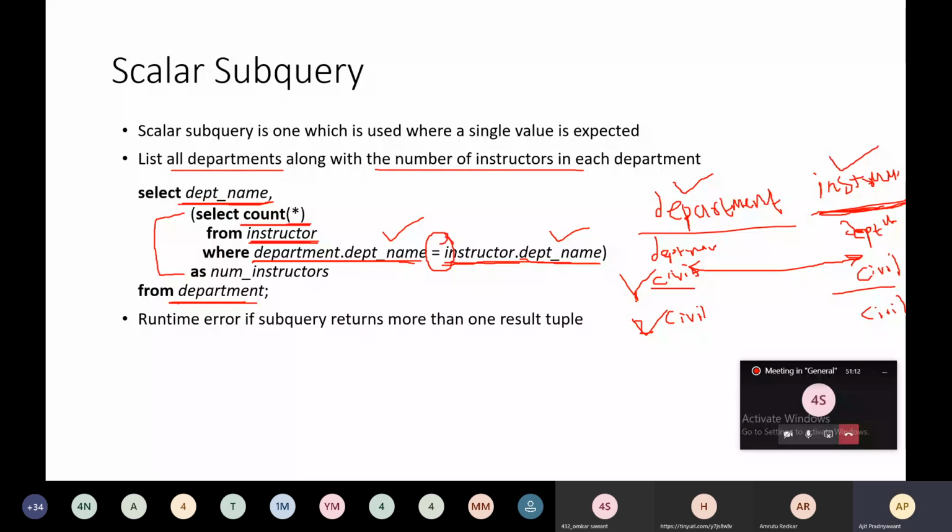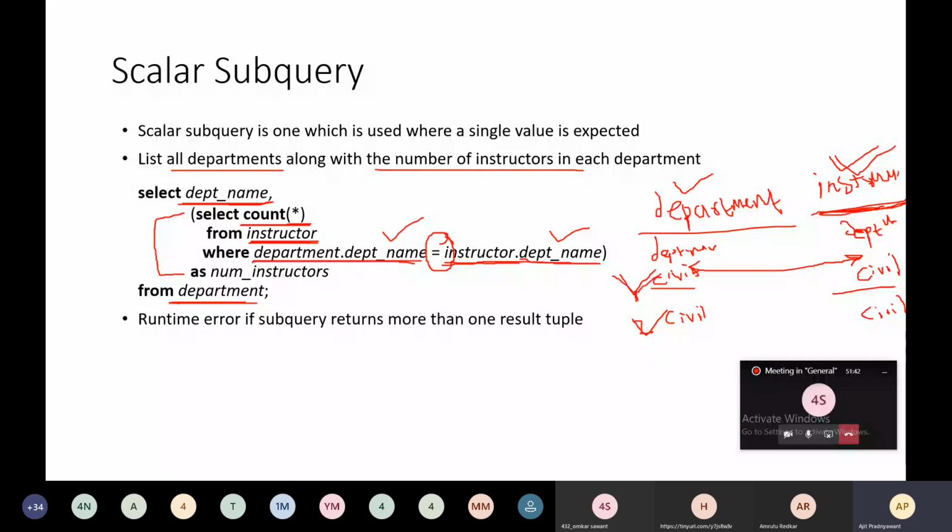Department-wise instructors. Suppose there are 2 instructors in the civil department present in the instructor relation, and for civil we want to know how many departments, sorry, how many instructors there are. So we write department dot department name is equal to instructor dot department name.